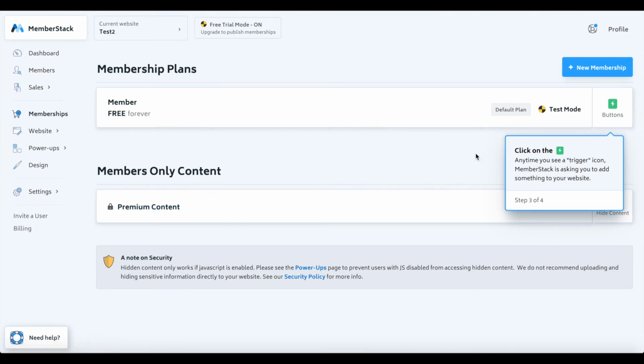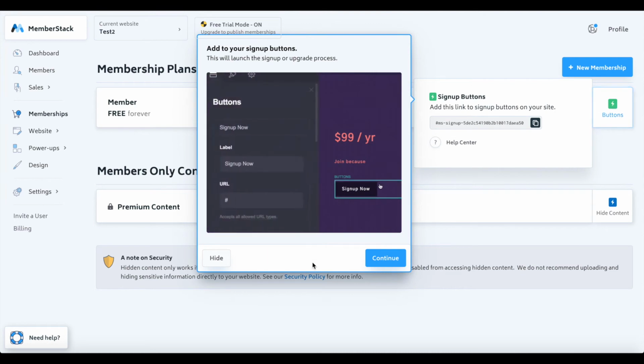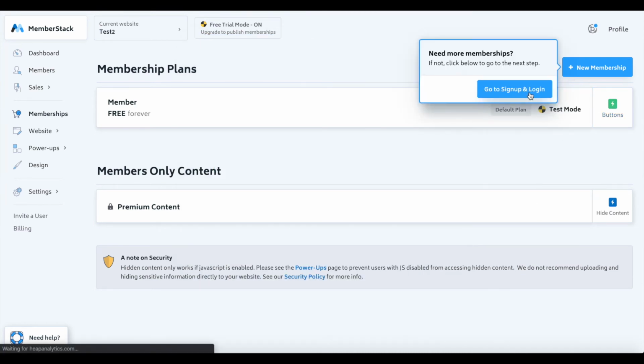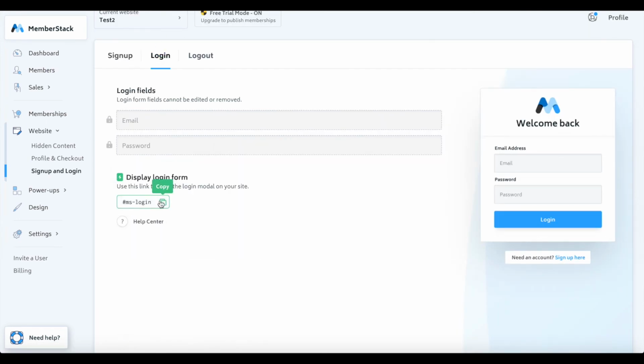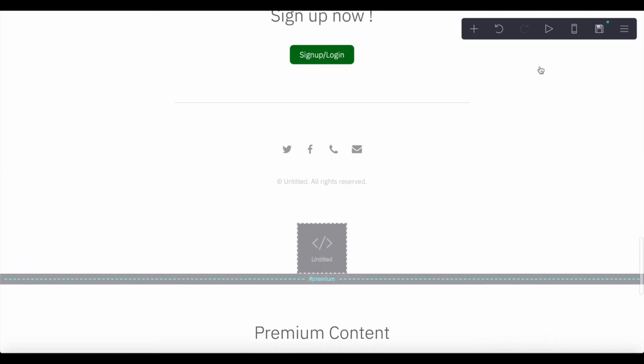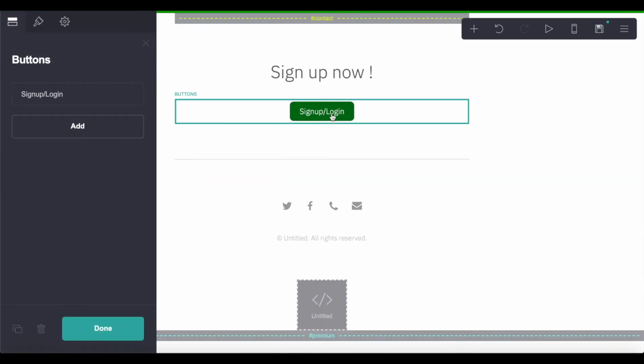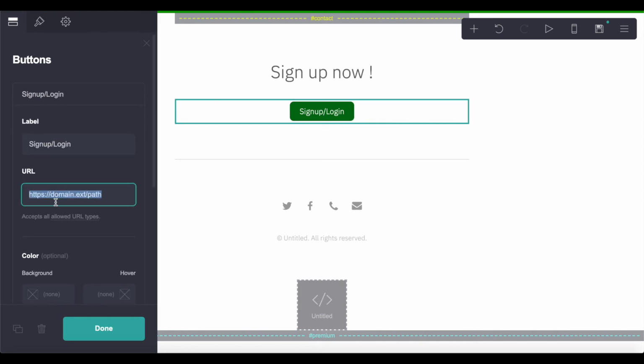The last thing we just have to do is define some buttons. So first of all, we want to have let's go to sign up and login. And for login, we actually want to just copy this login form again. So this again is going to be a link for opening our login form. It's going to be quite simple. Let's just copy that, okay? And what I'm going to do, I'm just going to go to this button we created here, sign up login, and click on the link and just enter the URL that Memberstack gave to us. That's already it. Let's click done,